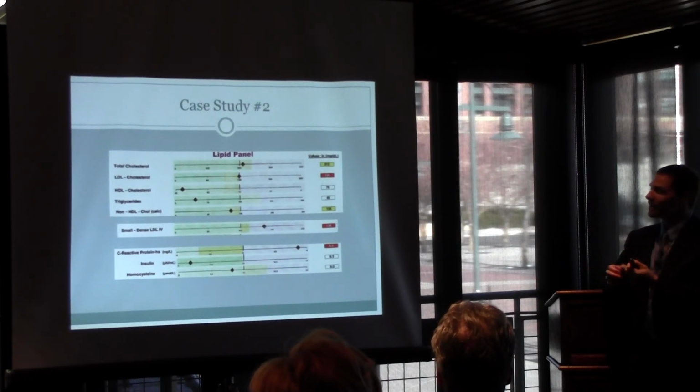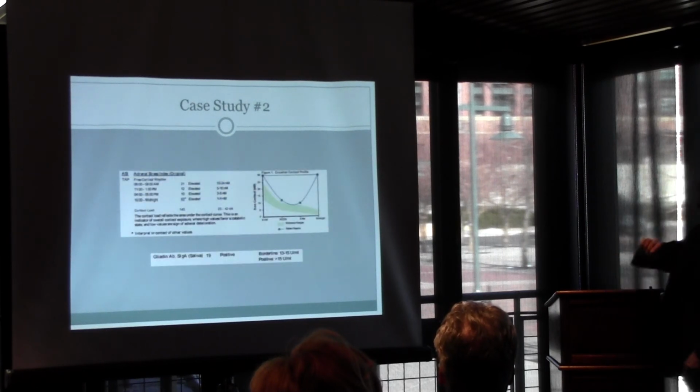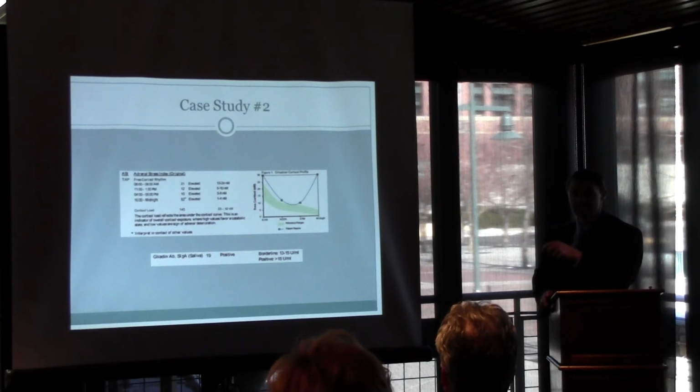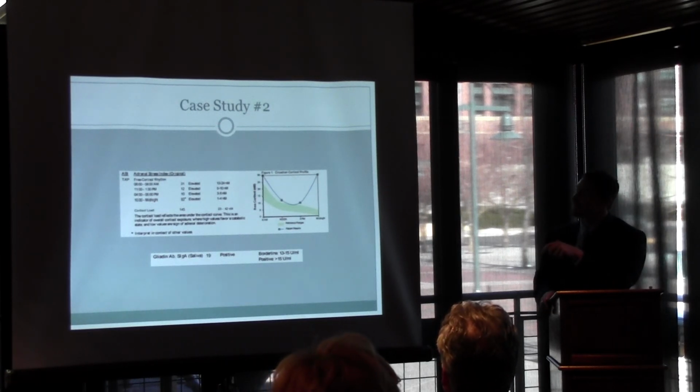So now, this is where I thought about this. I was like, wait a minute, what was causing her insulin not to come up? Could she not make it? Hold that thought. Homocysteine at 9. So going back and thinking about your B12 and folate here. You brought up the cortisol. This is her adrenal stress index. That's pretty out of range, huh? She's elevated at every point, and then